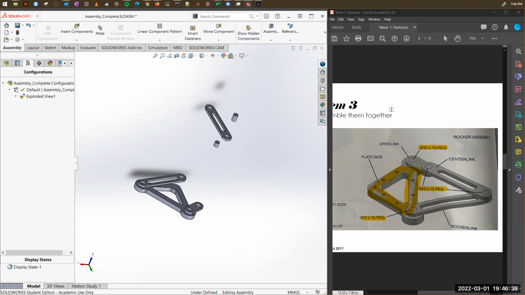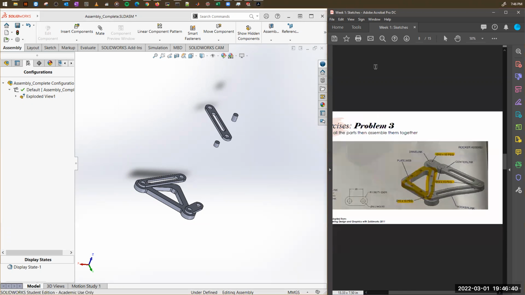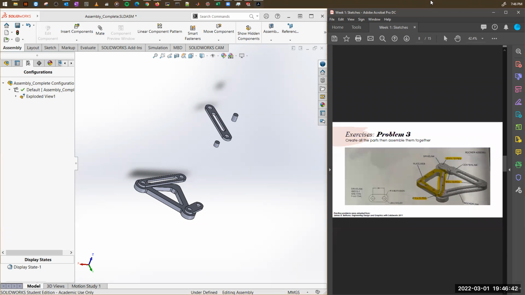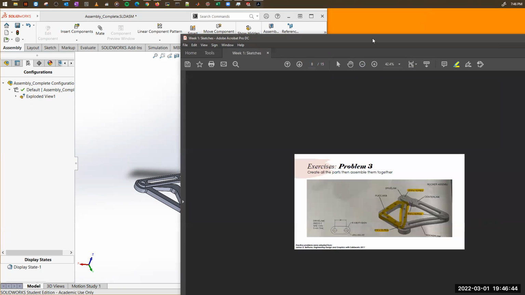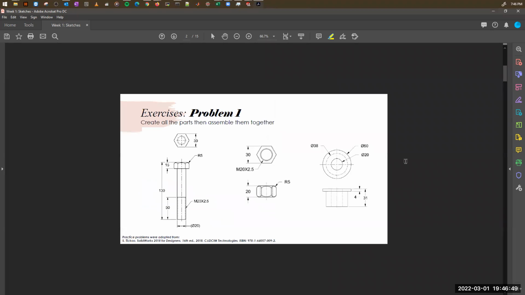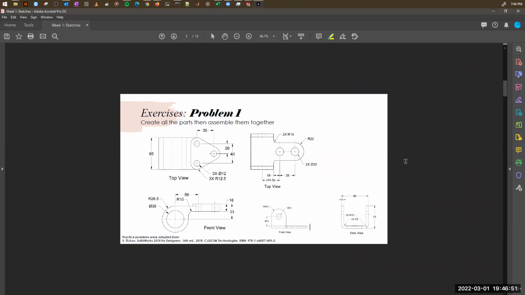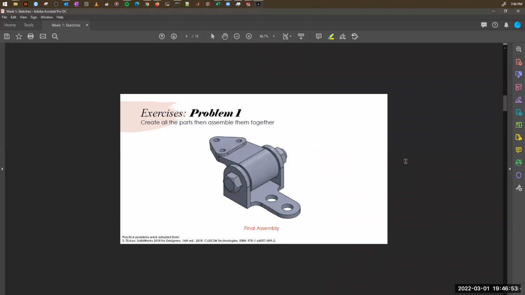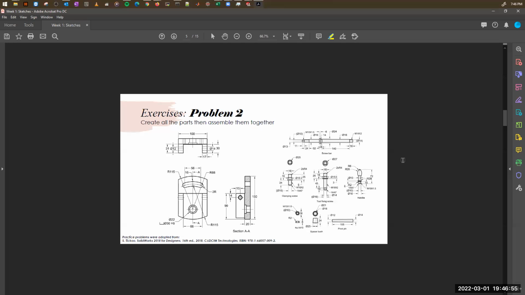So that's all I had for the assembly today. On the Blackboard, what I did was, for you guys, create a few samples so that you can play around for the assembly. I haven't given you these parts. Problem number 2 is pretty complex, as you can see. It will be a good practice for creating solids and sketches, but I've also provided you with the files